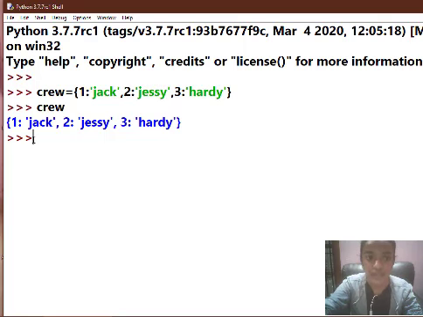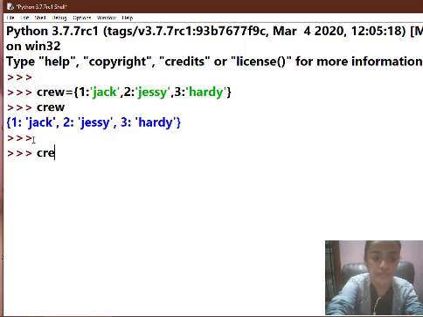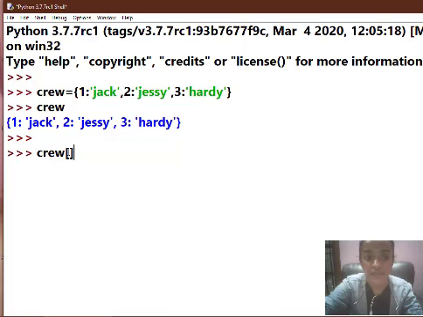So let's see. I have to type in the variable crew, and then I have to open square brackets this time, and inside these square brackets I have to mention the key for Jessie. Here Jessie is the value. Since I need to fetch Jessie from the dictionary, I have to specify the key given for Jessie, and here the key given for Jessie is 2.